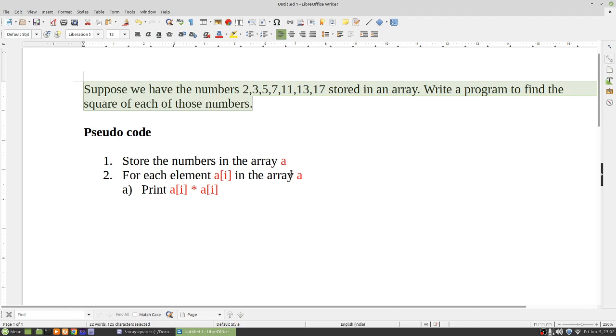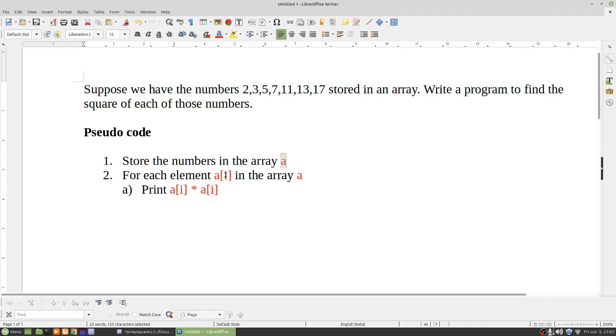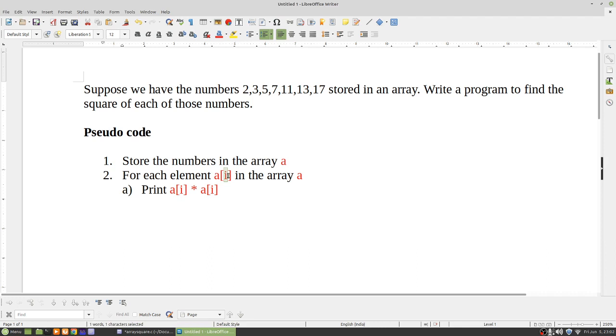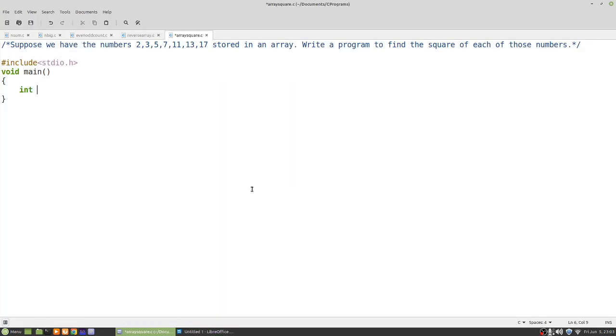What are the variables we need? We need an array A and we need the I. So let's declare that array int A. Let's put I first and let it be in a separate line so that we can understand it a bit easier. We can put one more int. We can put it in the same line itself, but I am taking it out as a separate line. A of